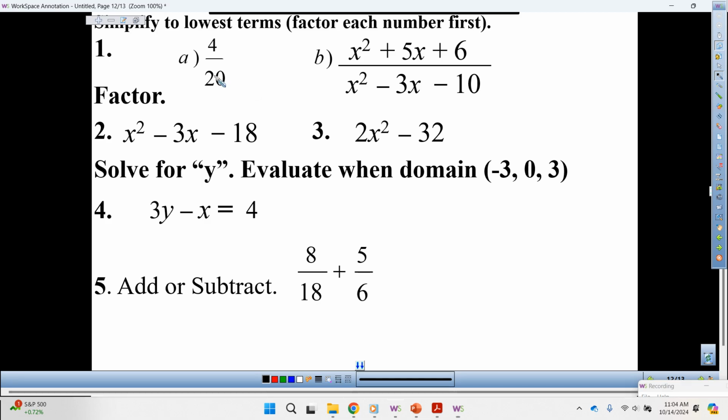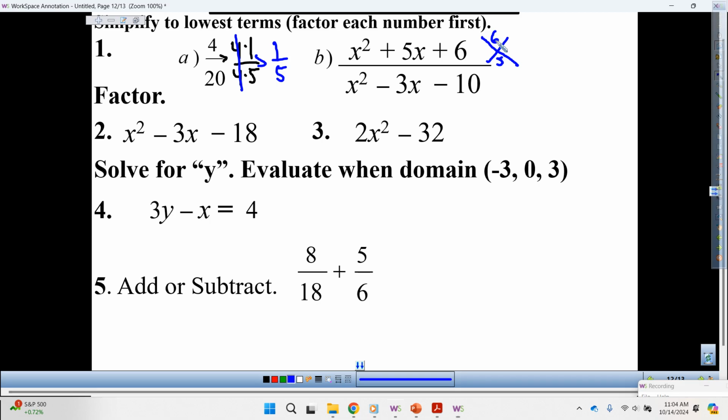So, GCF between 4 and 20 is what, everyone? GCF is what? 4, yeah? So this could be written as 4 times 1, and this could be written as 4 times 5. Is that correct? All right, so giant 1, answer 1/5. 1b. I need to factor first the numerator,